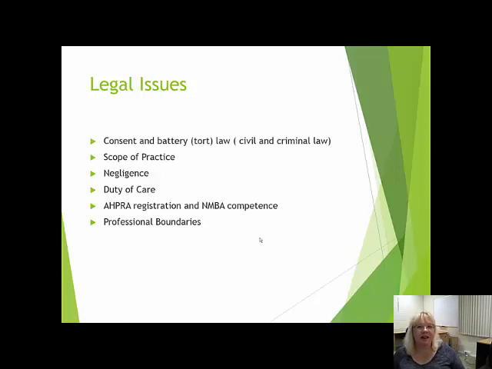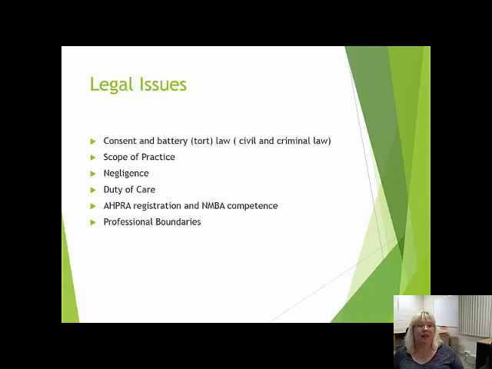So I know that you haven't undertaken law yet, and that's part of your second year program, but some of the legal issues that you need to be aware of, some of the laws that you could maybe do some research on if you want to extend your law knowledge at this stage, is to understand issues of consent, battery and tort law. And so as a nurse, what that means is that if we examine a patient and we don't have consent, we can be charged with assault,